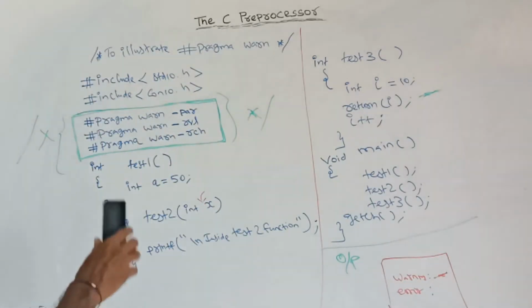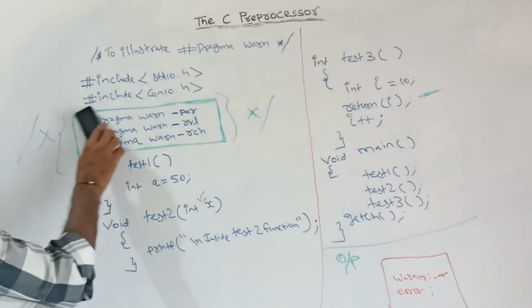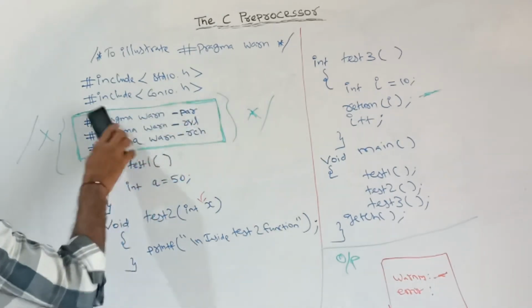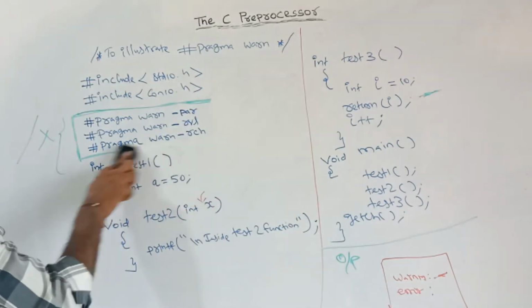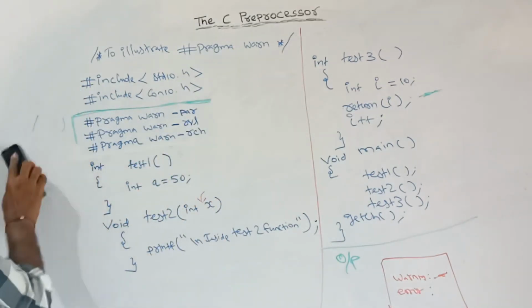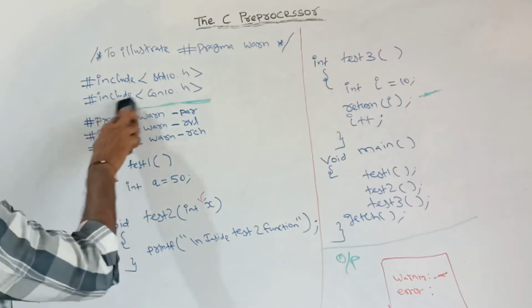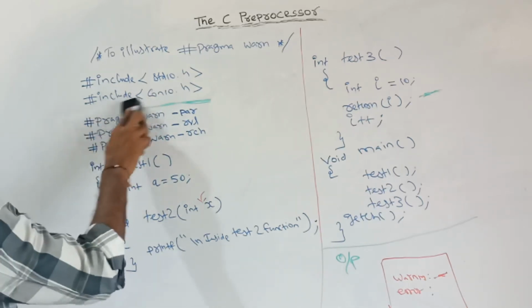So very first, run the program without these 3 directives. After that, include these directives and run the program. So the very first time the warnings will show, and after that the warnings will not be reported by the compiler.